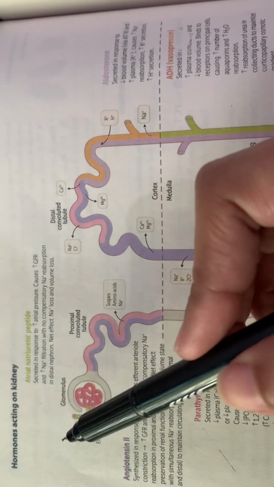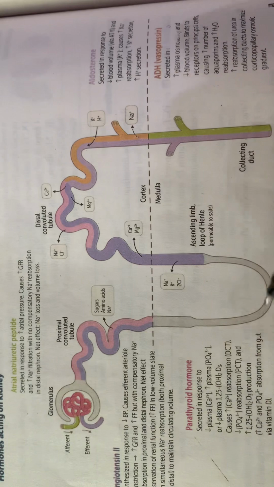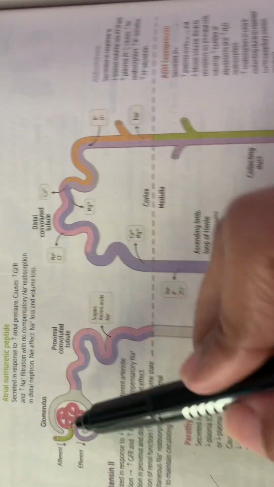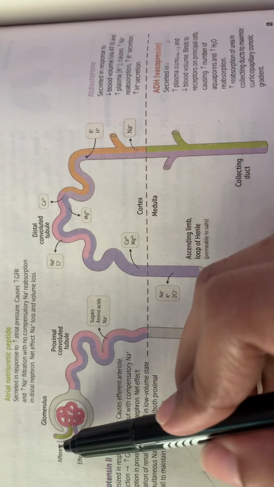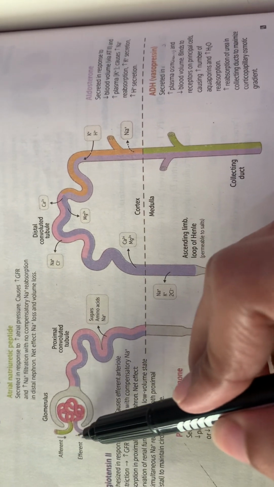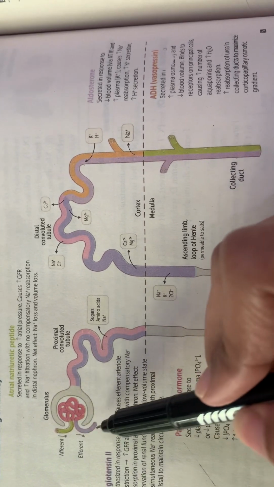In this video we are going to discuss the hormones acting on the kidney. This is the diagram of the nephron of a kidney, and this is the glomerulus. This is the afferent arteriole, which forms the capillary plexus, and it leaves the glomerulus as the efferent